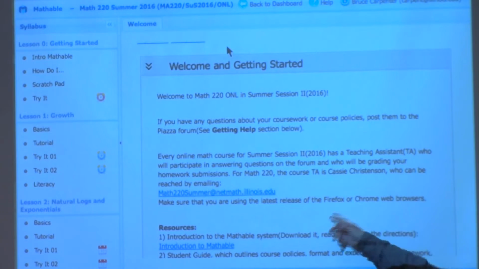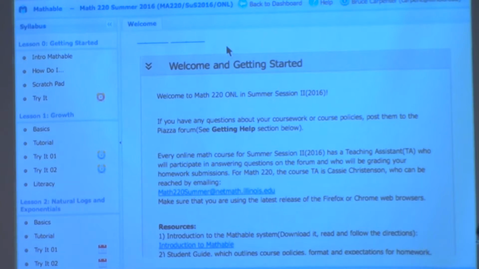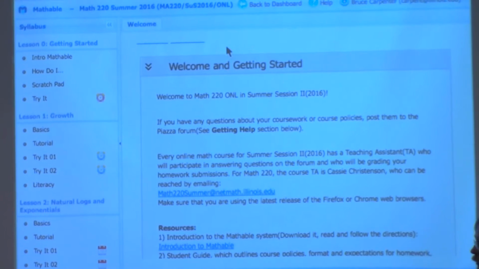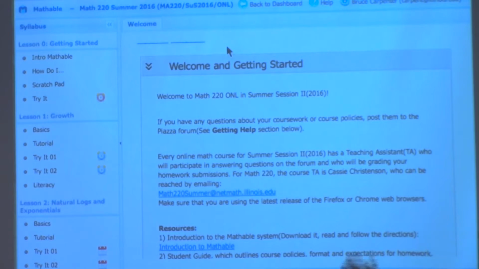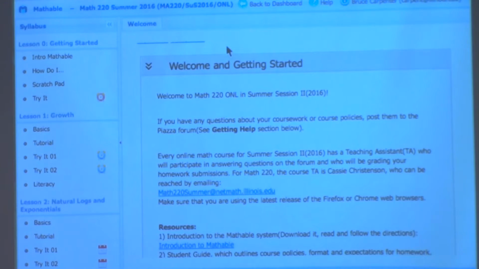Please make sure that you're using either Firefox or Chrome. The system that we're using, Mathable, is somewhat compatible, and you could probably get by if you use something other than Firefox or Chrome, but why make life hard on yourself? Use one of those. There's also an introduction to Mathable